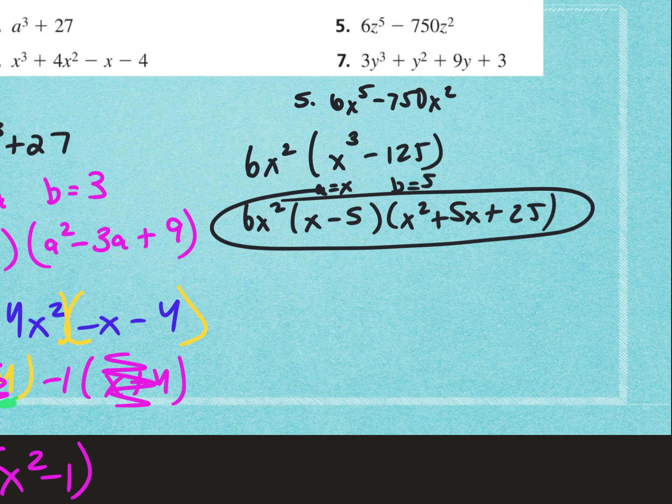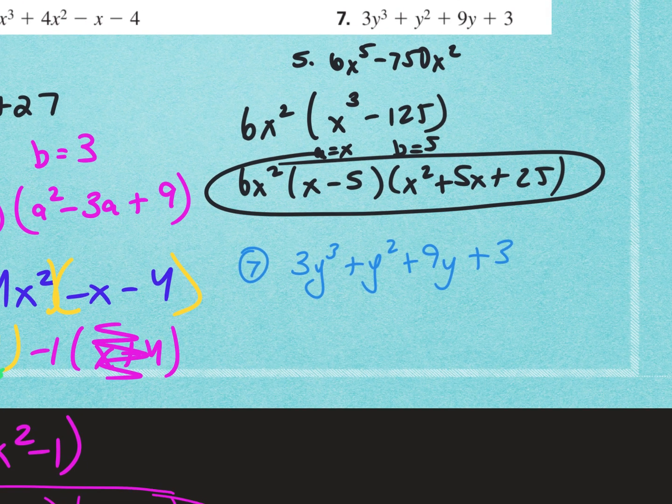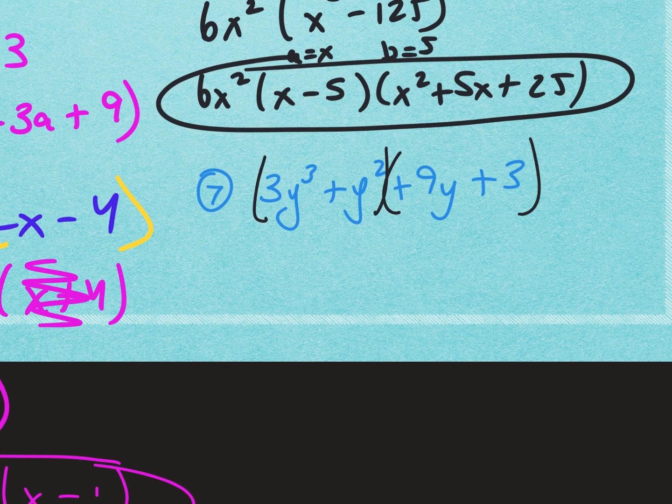Thank you very much. So 3y cubed plus y squared plus 9y plus 3. GCF? Sure. Not out of all of them. It's tricky. Almost. I have 4 terms, though, so let's group and see if we can figure something out here. What do they have in common? What can I take out? Perfect. Y squared. And then I'm left with 3y